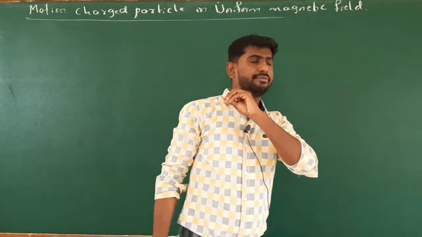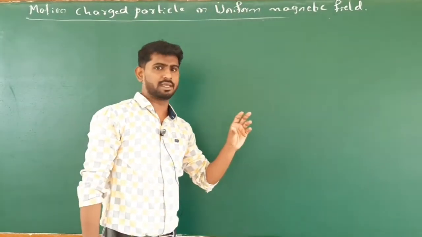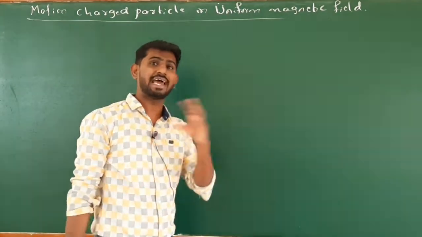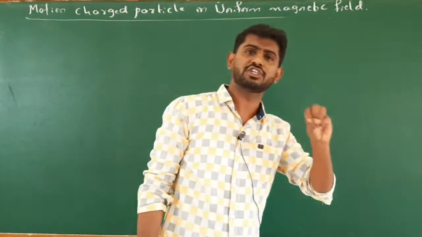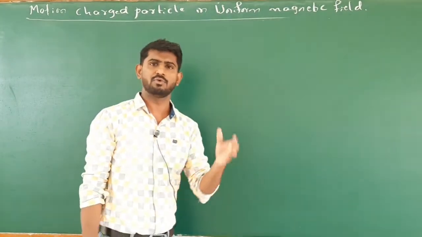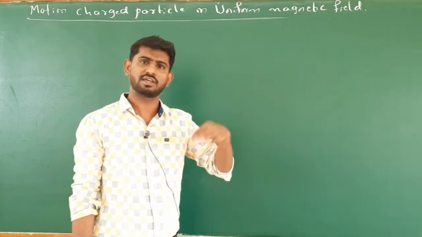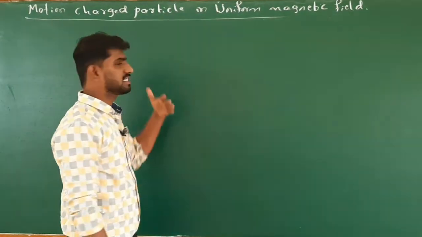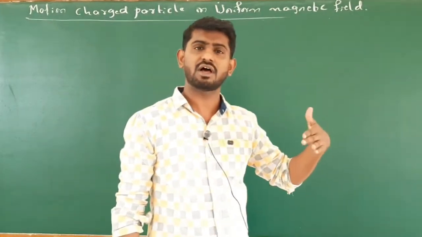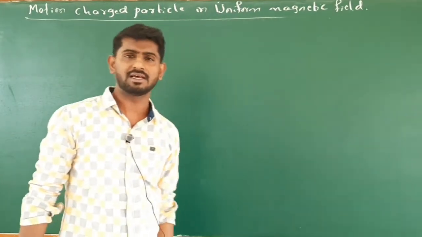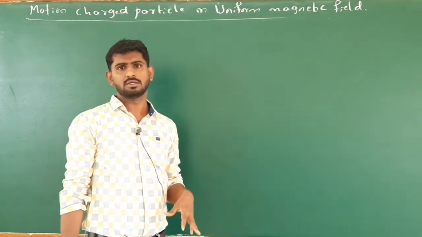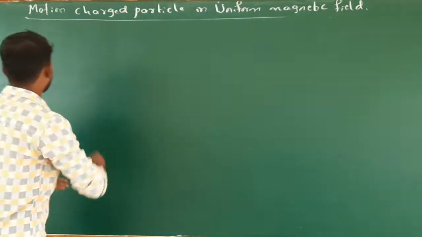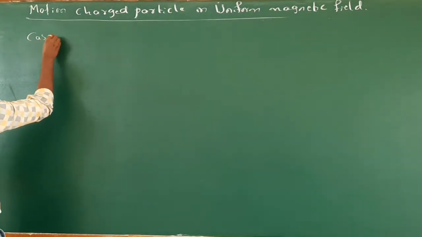If a charged particle is moving in the presence of a magnetic field, the question arises: in what direction is it moving? In what orientation does it enter the magnetic field? It may move at 0 degree, 10 degree, 20 degree, 40, 50, 90, 180, like this. So on the basis of that orientation, or the direction of entry of that charged particle in the magnetic field, we have divided this concept into three cases. So case number one,